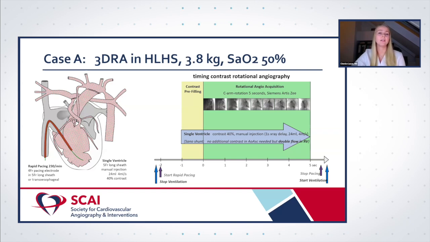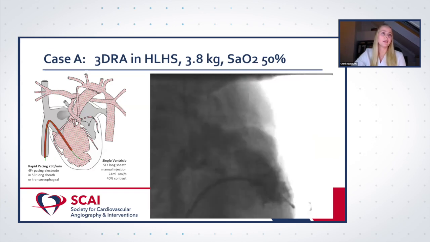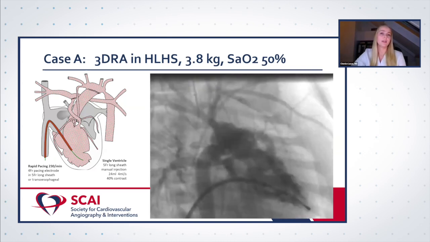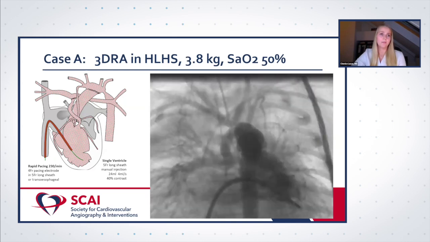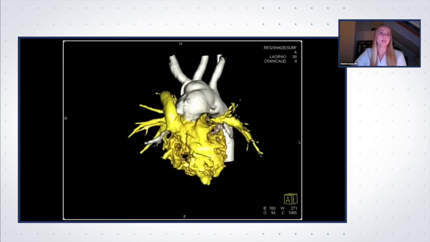And the first image that you get is the black and white rotational angiography, which you can see right now, and that visualizes all structures in the region of interest. At this point, you have to post-process the images that you receive, and the post-processed 3D volume data set that we have right here shows the aortic anatomy in silver and the Sano shunt, the pulmonary artery connection, and the single ventricle anatomy in yellow. So in this case, I will show you the video